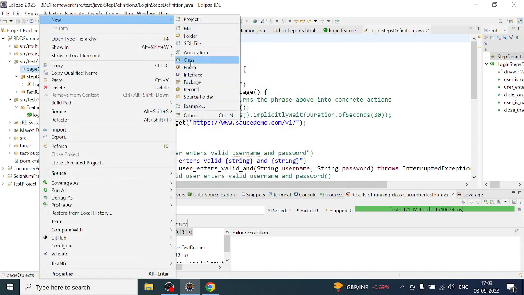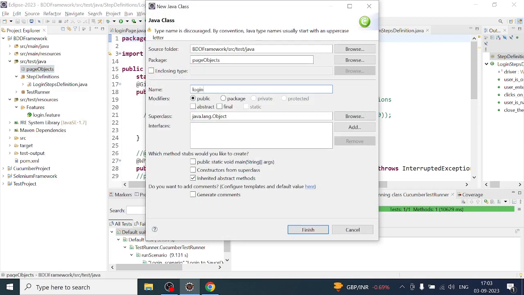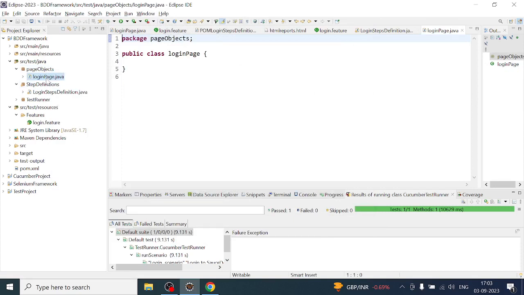And if it is home page, then you have to create one more class file called home page. But we are going to automate everything inside this, because we are going to automate the login scenario with the POM. So I have created login page, inside which I will be